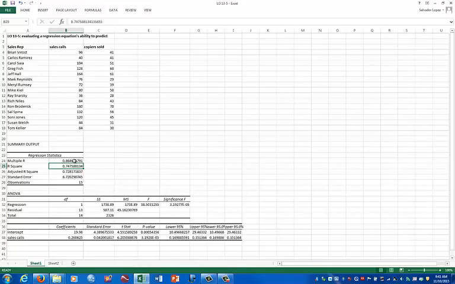If R is minus 0.8, R-squared will be 0.64. However, if R is plus 0.80, R-squared will be 0.64 too. So it's always positive. Now the other statistic